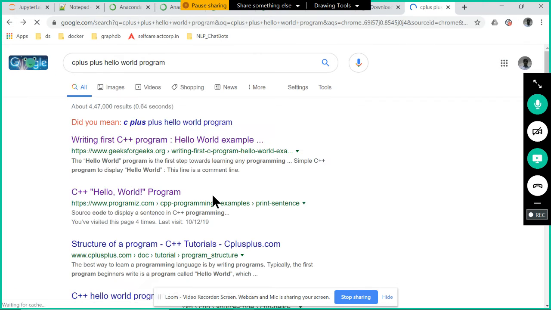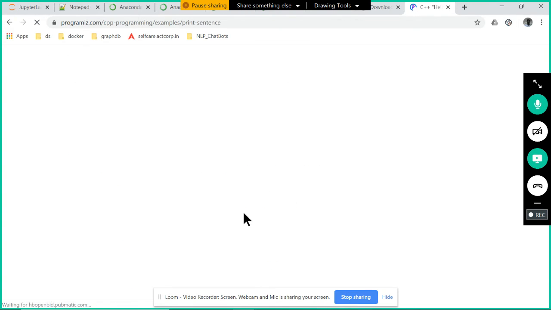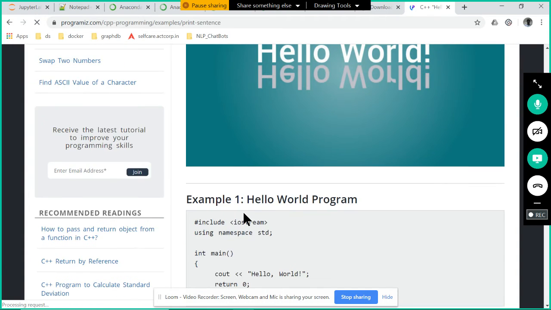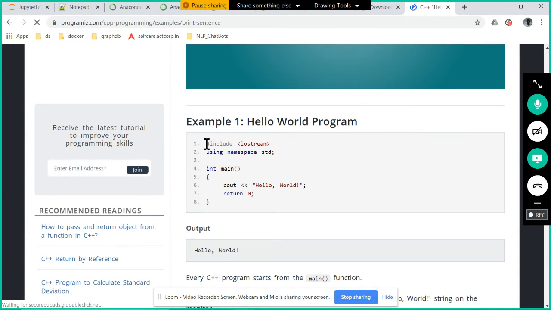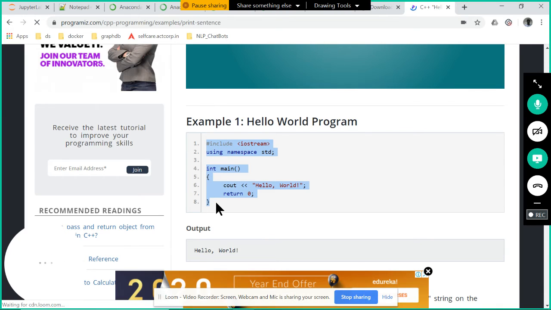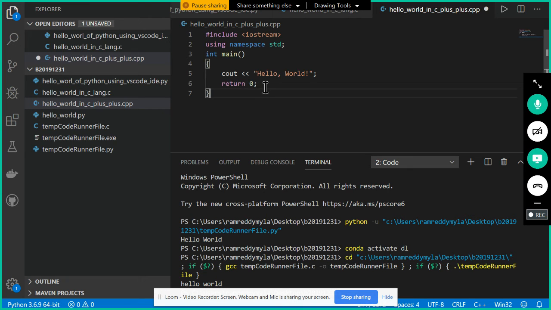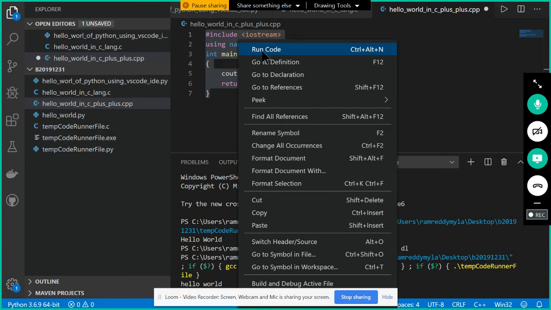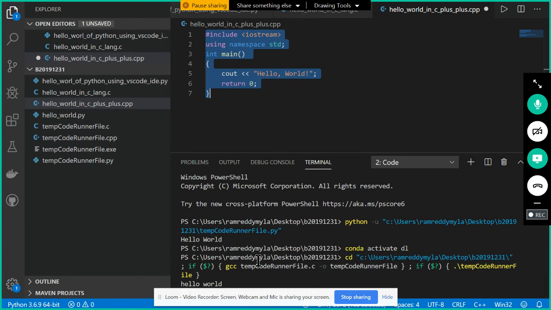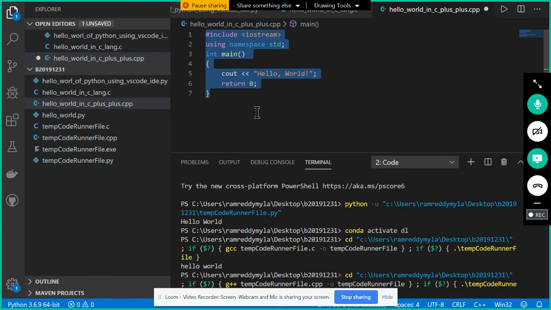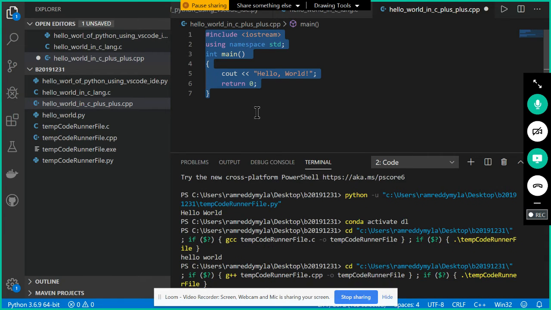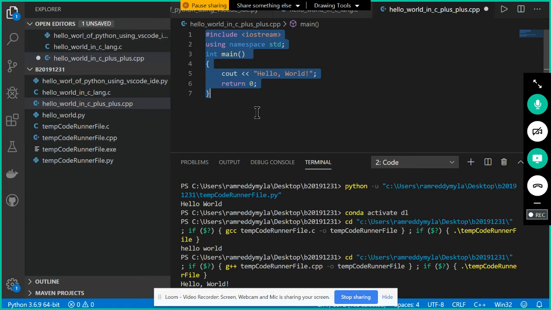Let me take the small code. Include this one. Now tell me, does this code look a bit harder or not? It looks a bit harder, and you can right click and run code. We're able to see the hello world. However, if I want you to write it at least 2 or 3 times, you have to practice it. Then only you'll be able to write it. But in the case of the Python hello world program, just like that, immediately you'll be able to produce it, right?